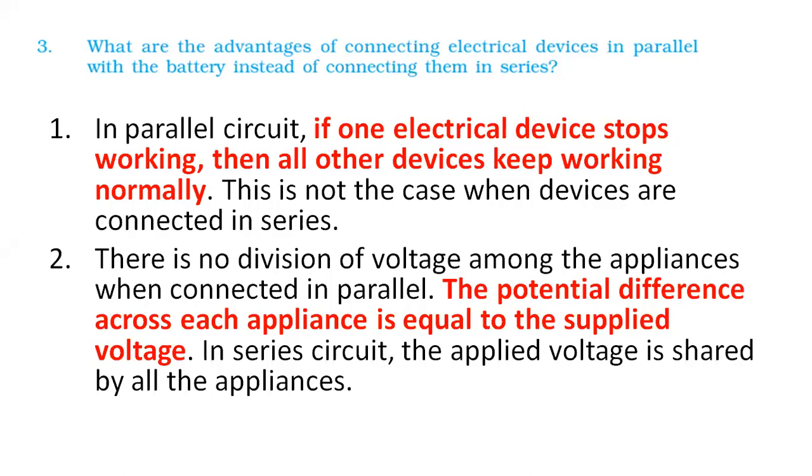मतलब fridge का circuit different, TV circuit different, then suppose computer circuit different. This will cost us too much. ठीक है? So the cost of building such kind of separate circuits for each of these devices is going to be too much expensive. ठीक है? हमारे बहुत बस के बाहर हो जाएगा. So what simple cheap way there is? A very simple way, a very cheap way for this is connect all these devices in parallel. Connect all these devices in parallel so that every device will get the same potential difference. That is the thing which we are talking about.